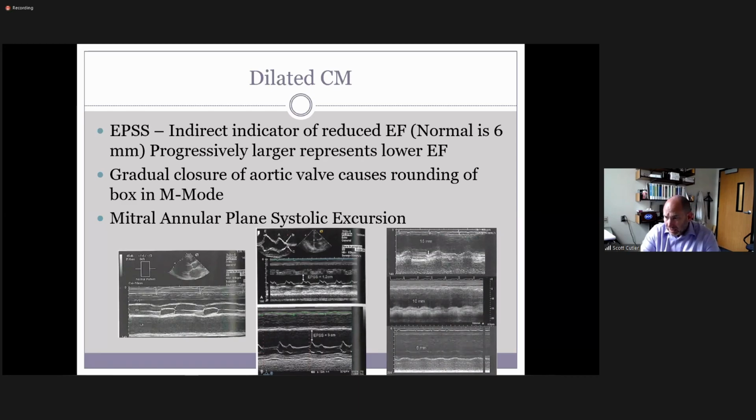When I was scanning, we always went by 10 millimeters. Maybe it was always that small, it's just that we didn't really get concerned about it until it was 10 or more. Then we got to note that that was a big EF. Now, the exception is always if we have an eccentric aortic regurgitation that's pushing that anterior mitral valve leaflet down or dampening its movement, it's not going to be applicable. And also when you have mitral stenosis, it's not applicable either. But other than those two examples,